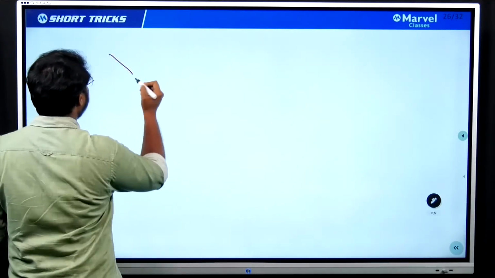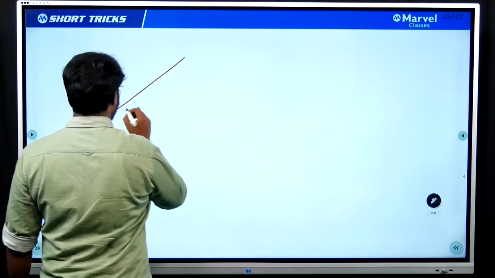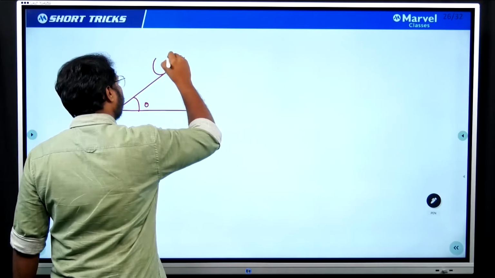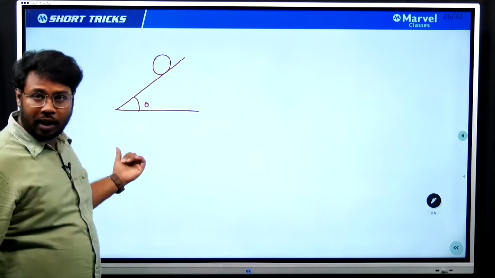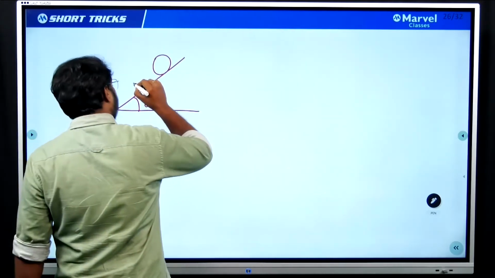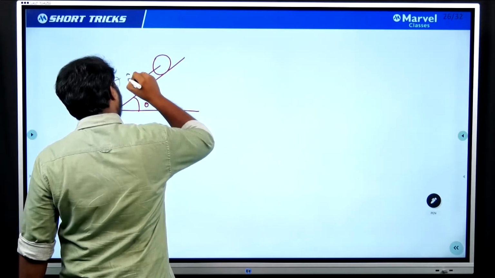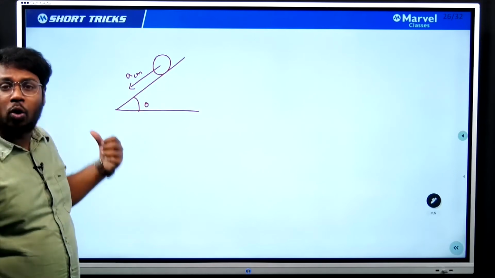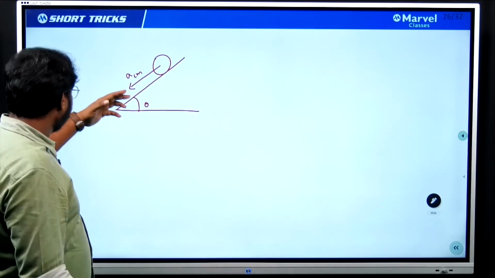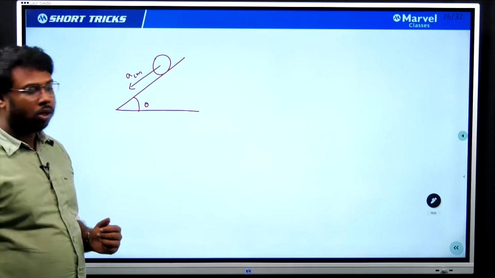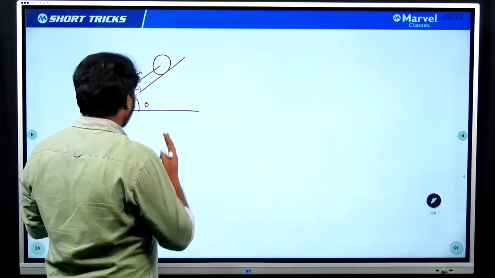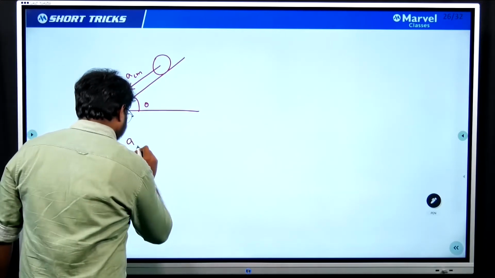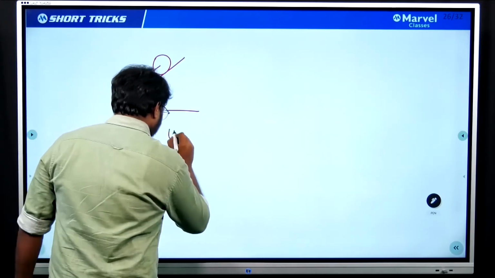This is a typical inclined plane, and assume that a body is going to roll down it. Our motive is to find the acceleration of the center of mass of the body rolling down an inclined plane, which is inclined at an angle of theta. The formula that I will be using here is a_CM is equal to